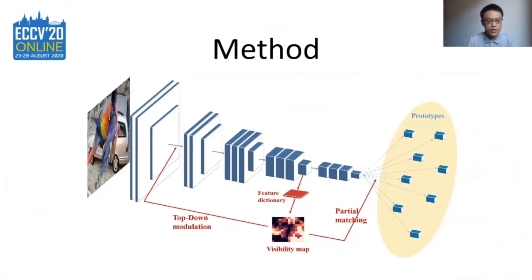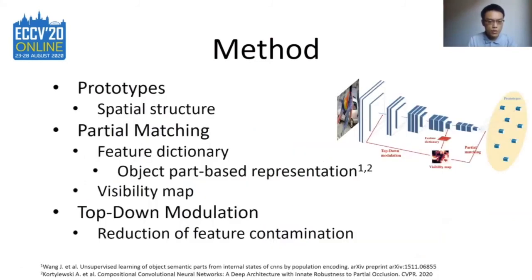In this work, we introduce several inductive priors to improve robustness to occlusion with limited occlusion data. They are prototypes with spatial structure, partial prototype matching, and top-down modulation. Specifically, we apply prototype learning to the feature tensors extracted by DCNNs to maintain the spatial structure and enable the following partial matching. Then a feature dictionary is obtained by clustering feature vectors at different positions, which has been shown to